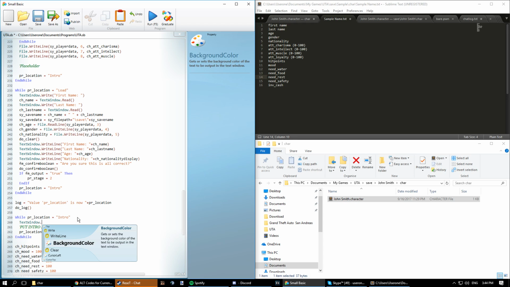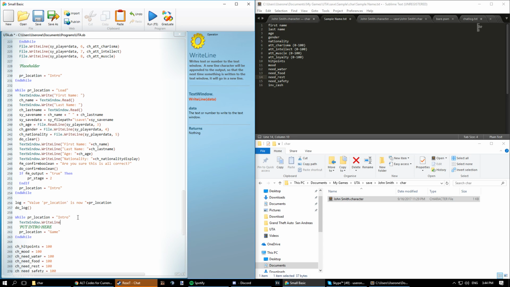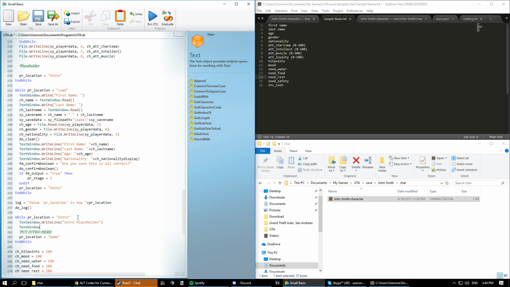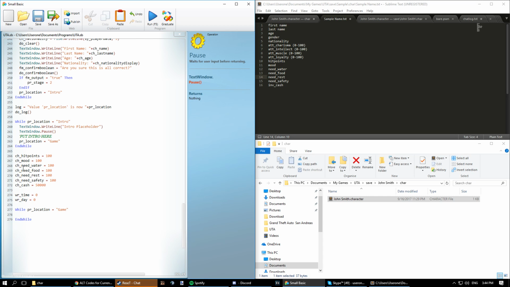Text window. Write line, intro placeholder, text window, pause. There we go. And it's just going to go in player location game, and it's going to stay here forever,